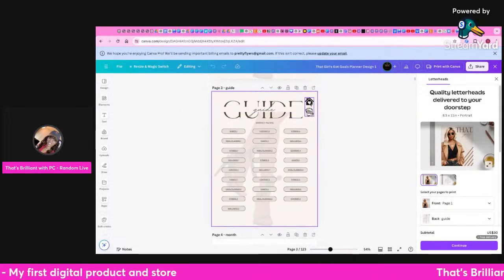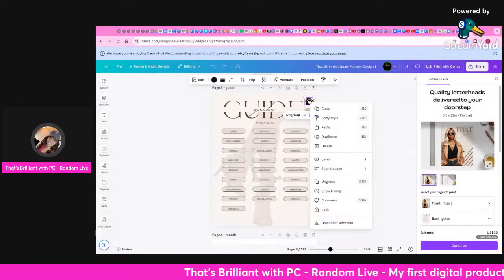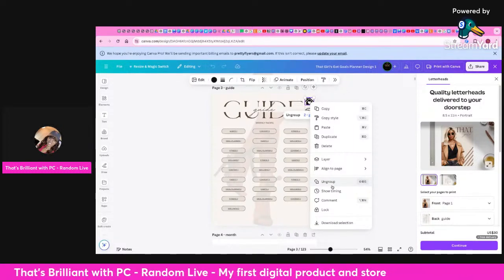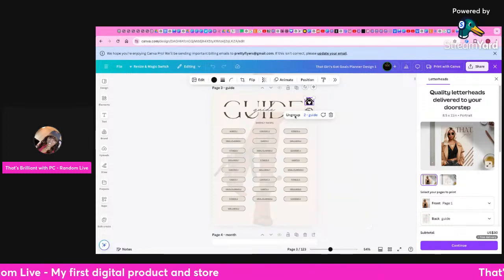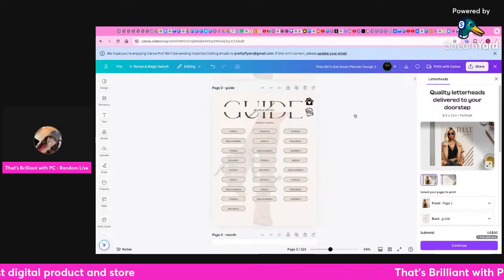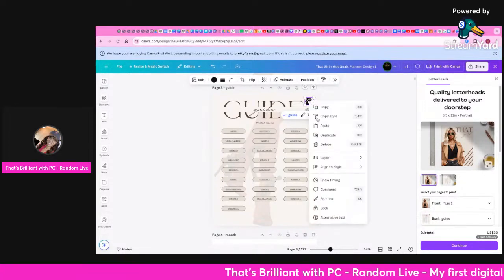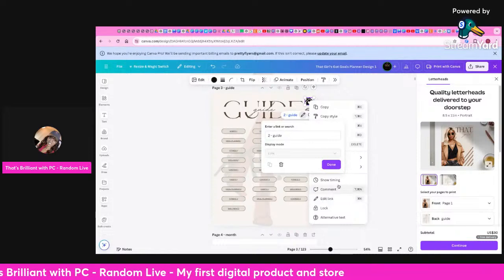So creating a hyperlink, all you would do is select your image or icon or what have you. And then you would right click, and then you would go to link, which I don't see anymore. And it's probably because I need to ungroup. Let me ungroup this real quick because you have to select one thing at a time. So you'll right click on that item, and right now you see it says edit link. So you would go there, and